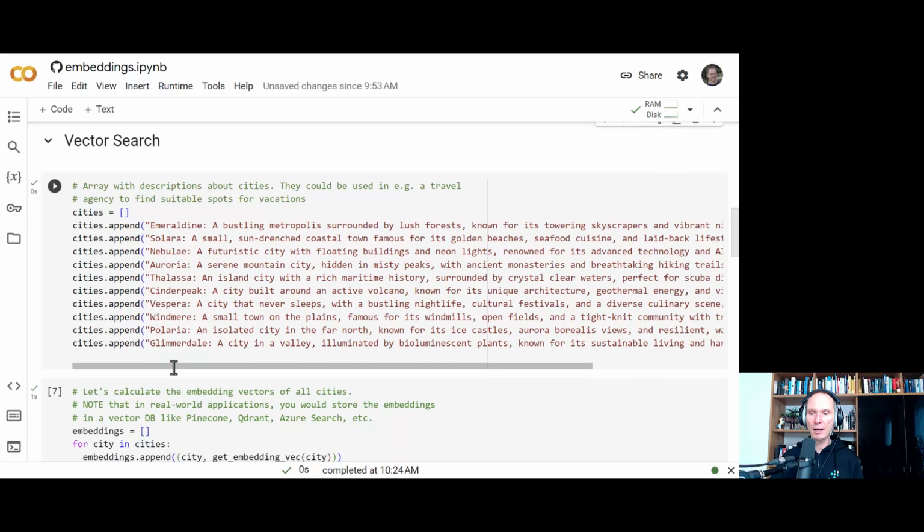I will scroll down a little bit, and what you see here is some description of fictitious cities. I came up with some fictitious cities like Emeraldine and Solara and Nebulea and so on. Essentially, I didn't come up with it. I asked ChatGPT to describe some fictitious vacation locations, some fictitious cities where I can travel to